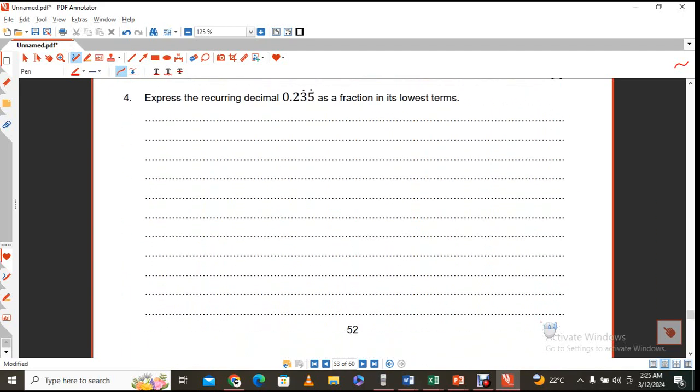Question 4, you have these recurring decimals that you are supposed to write as a fraction in the lowest terms, obviously using the sum to infinity. And this is what it means. So you have 0.235. Now the 3 and the 5 recur, that's why those dots are there. So this is actually